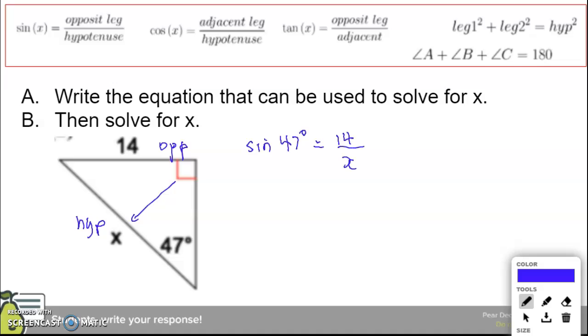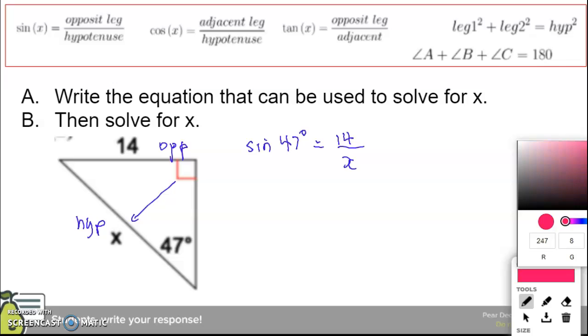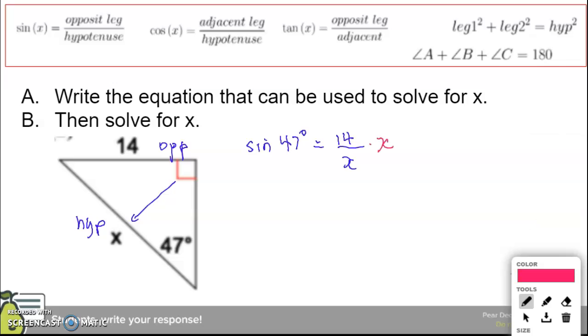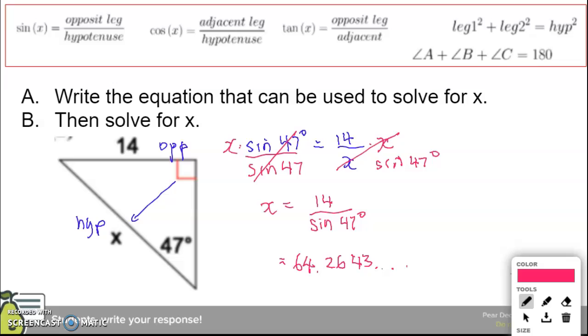So then from here, you are going to multiply both sides by x to bring the x to the top. That goes away. And then you're going to divide both sides by sine of 47. So this goes away and you're left with x is equal to 14 divided by sine of 47 degrees. And this is where you pull out your calculator. And if you use the calculator, you would get